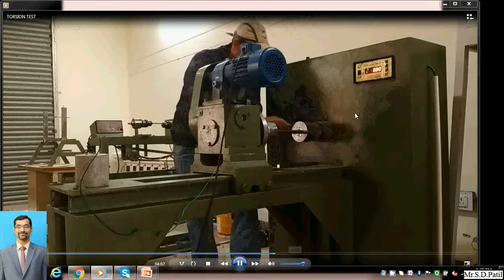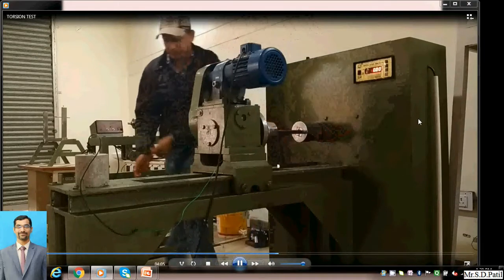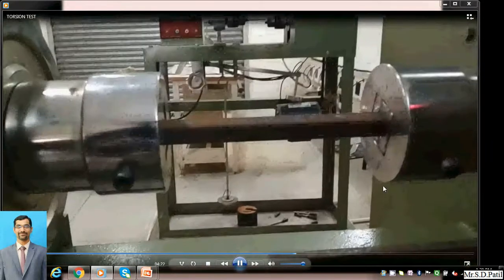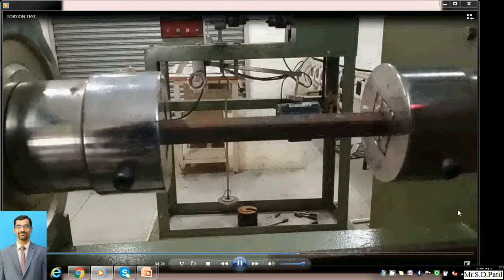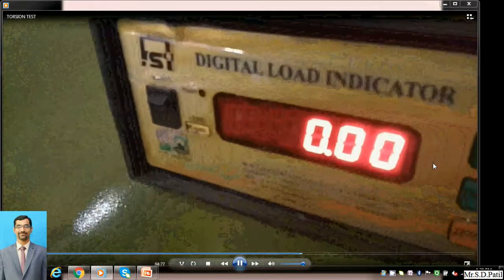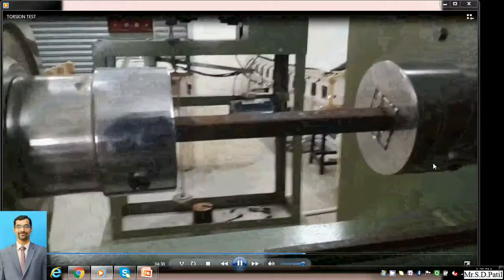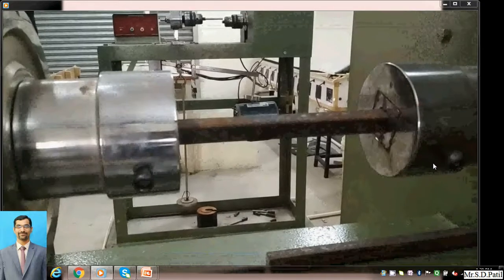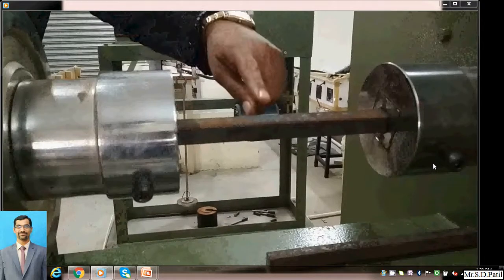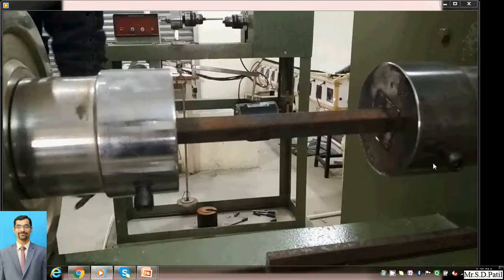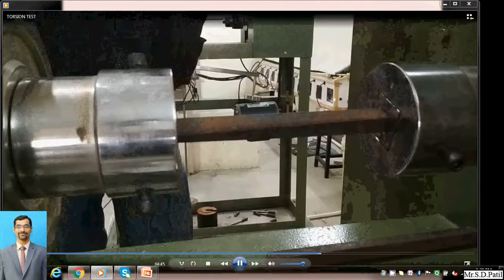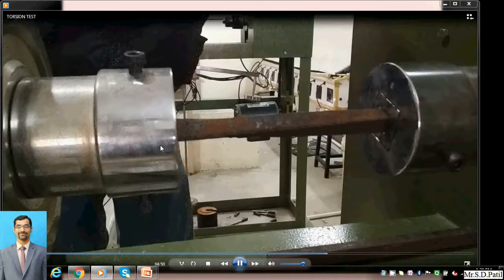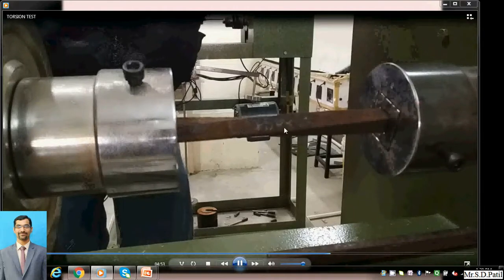So this is just a realistic machine, showing how the test has been carried out. So this is the rectangular component. This is the test on the realistic component, and this particular component is of steel, that is, the ductile material. Now we can observe how the torque has been applied and how the twisting has been carried out. Here we can see the twisting is carried out. This is the fixed jaw, and this one is having the rotations. So here we can see the twisting.